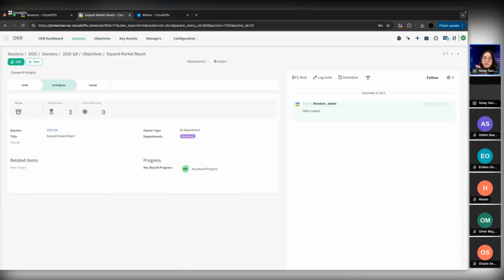So at this stage, the objectives are qualitative. So they describe what we want to achieve. So we want to expand the market reach. So that is qualitative. But to make them measurable, we need to define some key results, the numbers that show how we will